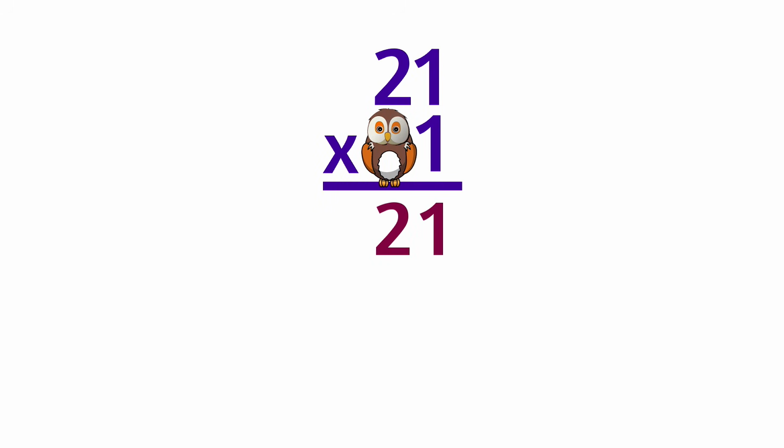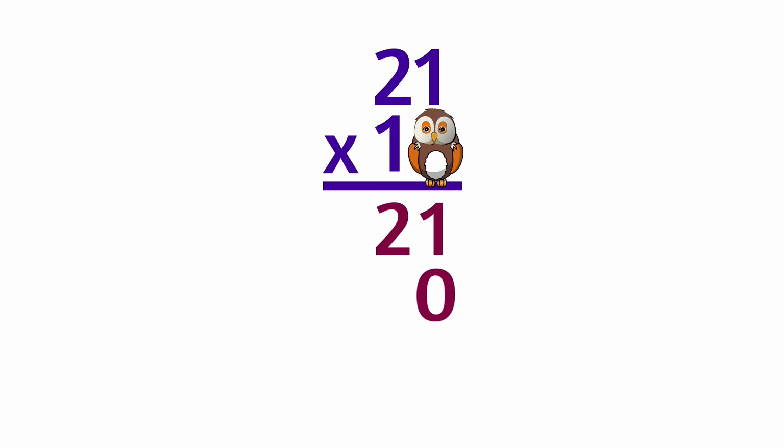Great. At this point, we are ready for the digit behind the owl. We have to move this owl. Since we no longer need this digit in the ones place, we can just scoot the owl over here. Before we keep multiplying, we have one more thing to do. We need to put a 0 in the ones place right here as a placeholder. Since this 1 that we just uncovered is in the tens place, that means it's really 10. That's why we put a 0 here.